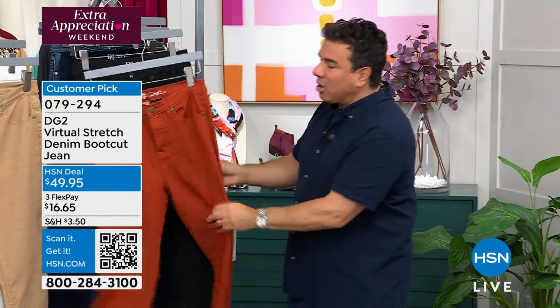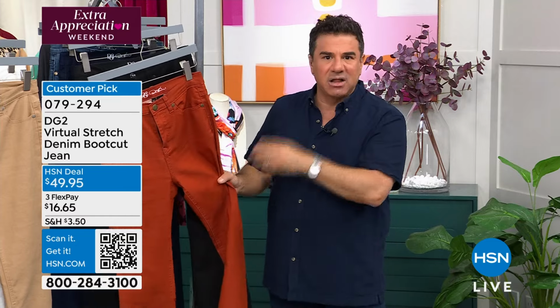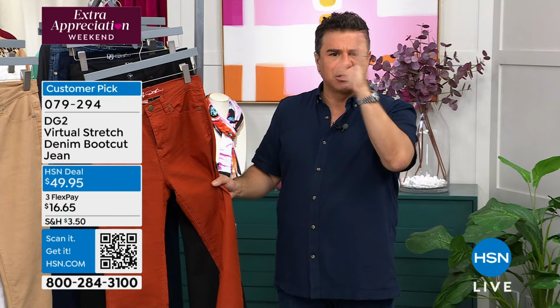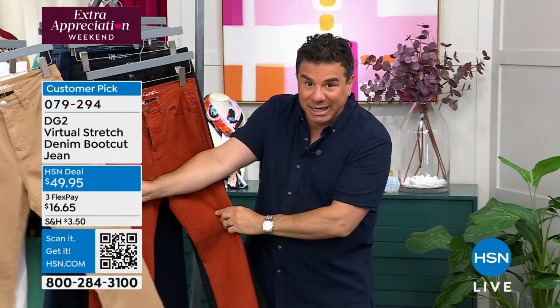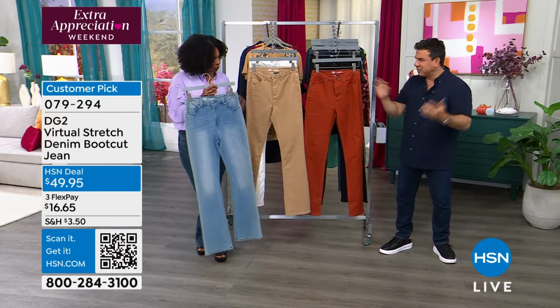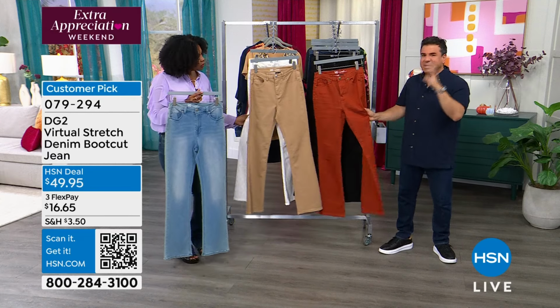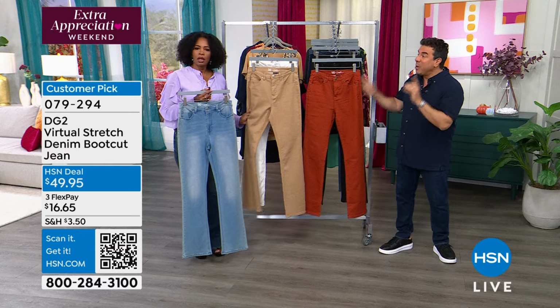When you buy colorful denim from us, the fabric content is slightly different, because for us to get these colors, we have to use different measures of cotton versus poly versus spandex. So when you buy the fashion colors, normally they were a little stiffer. You could feel the difference between the blue and the colorful denim, and people always ask why. Because to get this darkness of color, this depth of color, we have to use a different fabrication. We have been working